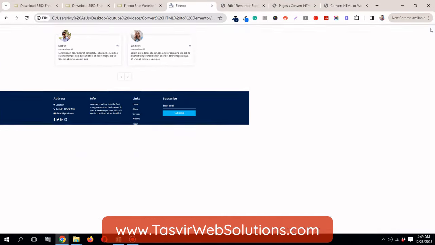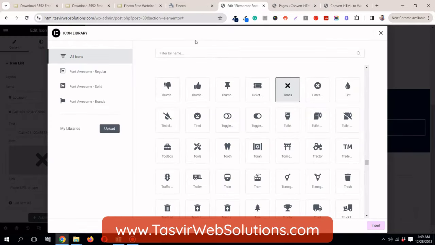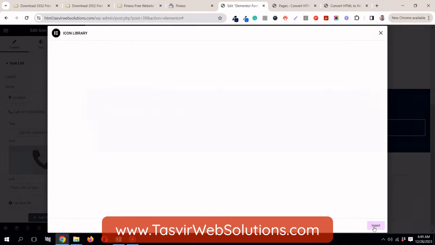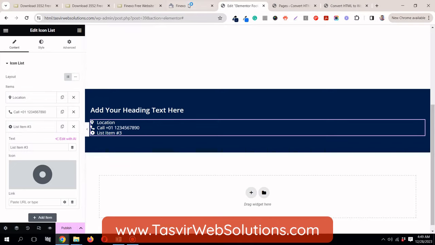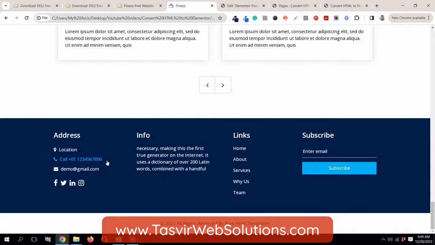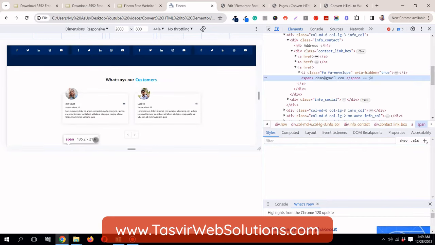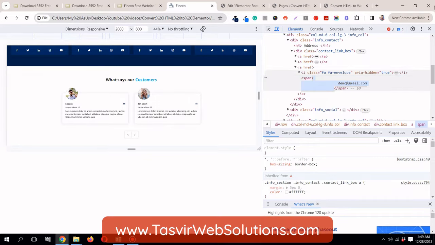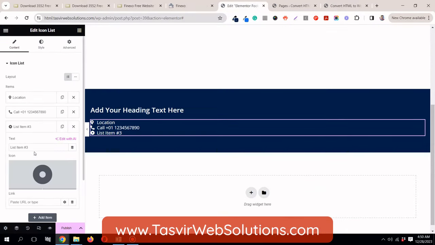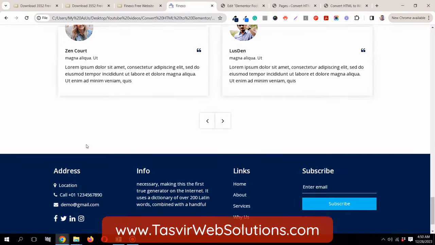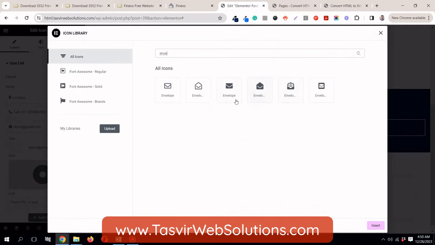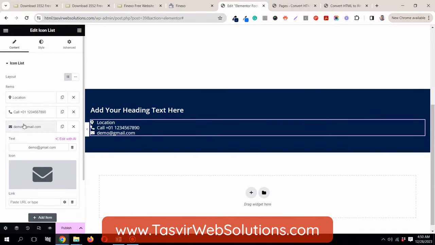Then let's change the phone number icon over here, phone, let's check the email, and the icon over here is envelope, search envelope, and we get this icon over here,